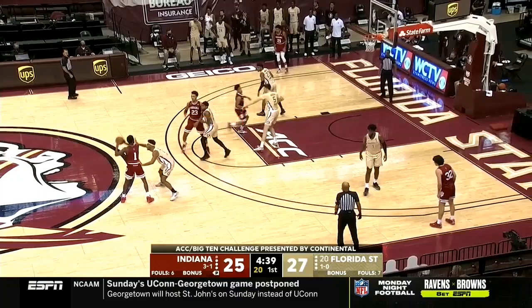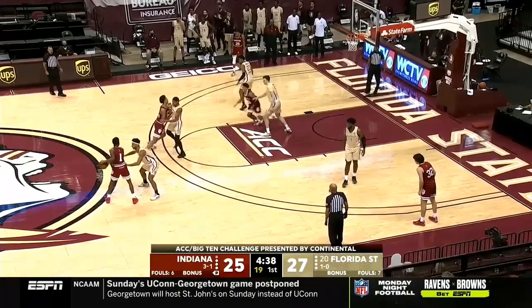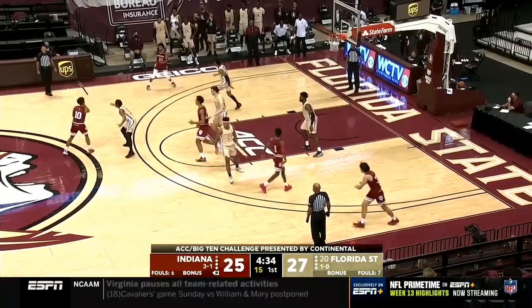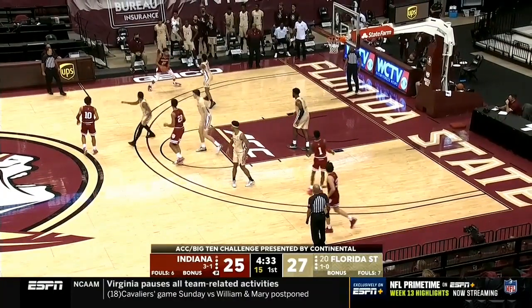I don't really understand that because, like I said, IU's coaching staff knew Florida State was going to switch everything. Yeah, here we see another pin down, and now everybody's just back guarding who they were guarding, and IU doesn't get anything out of it, which to me, I feel like Archie Miller just had that on his play sheet and just said, all right, time to call it,